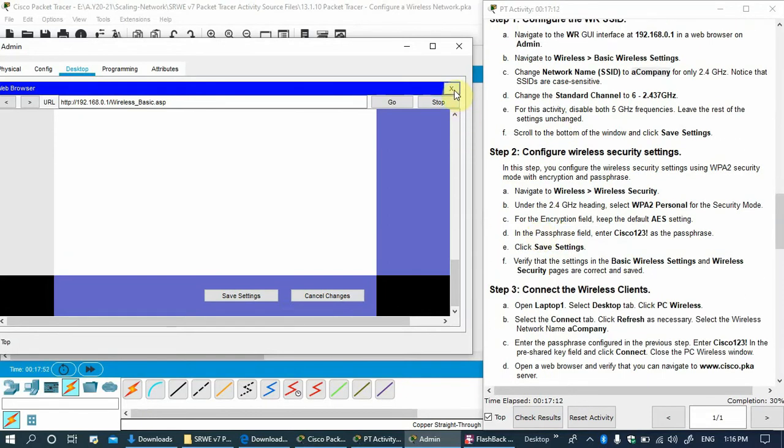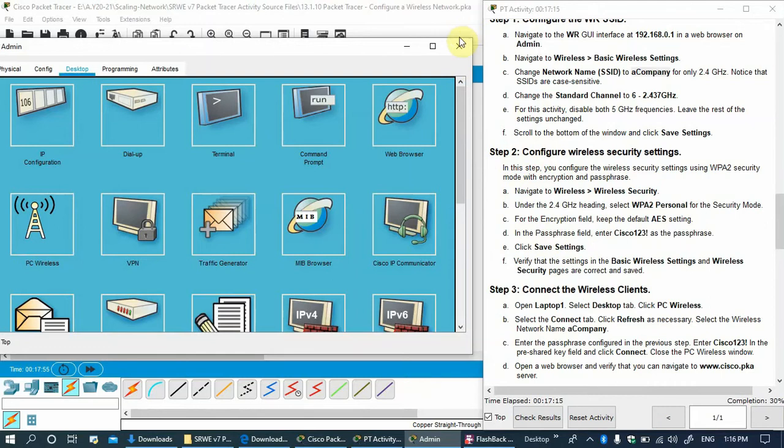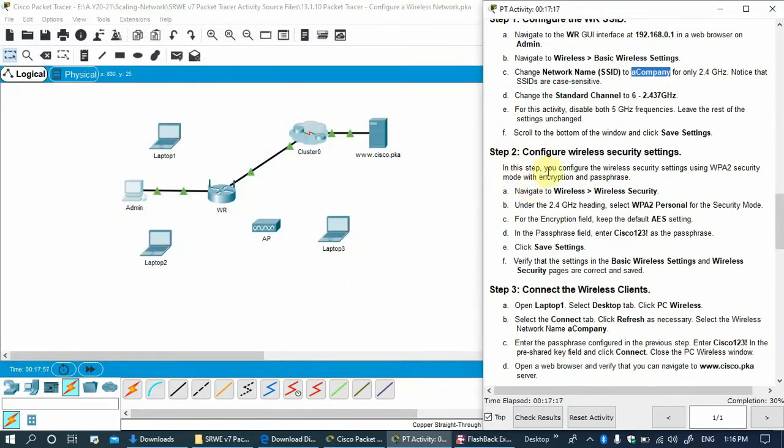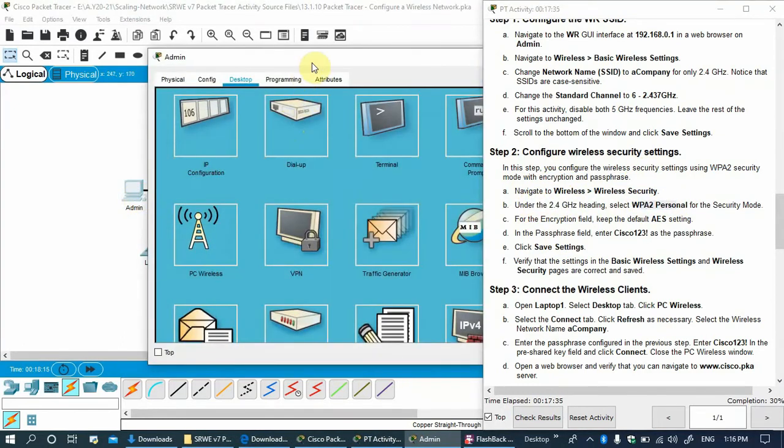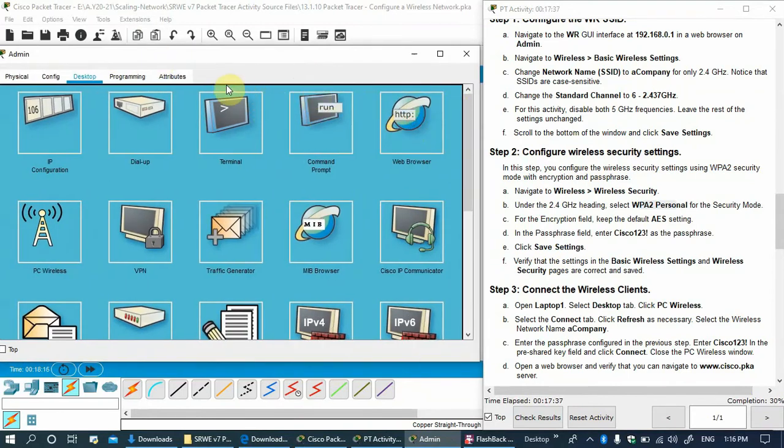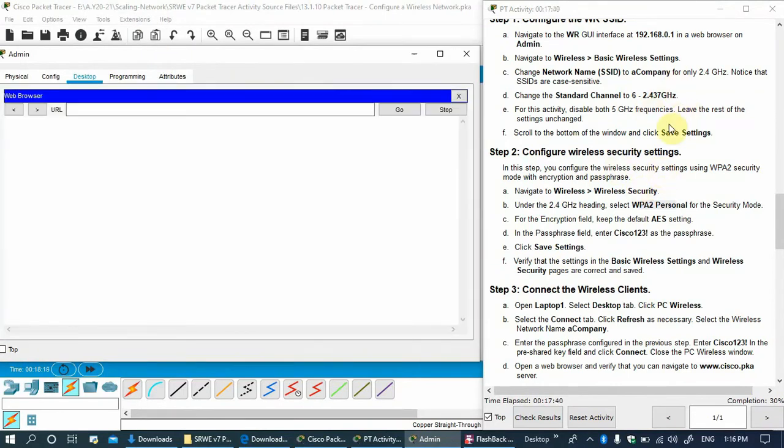Once done, go to step number 2. In this step, you will configure the wireless security setting using WPA2 security mode with the encryption and passphrase. So now we will go to step 2, wireless under 2.4 gigahertz, WPA2 personal. Again we need to access this wireless router.